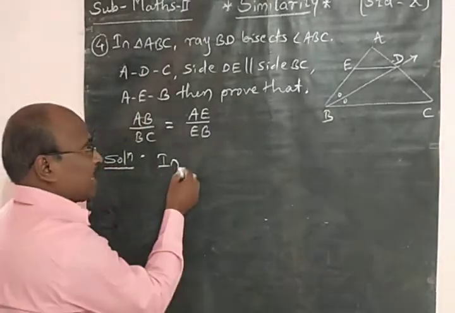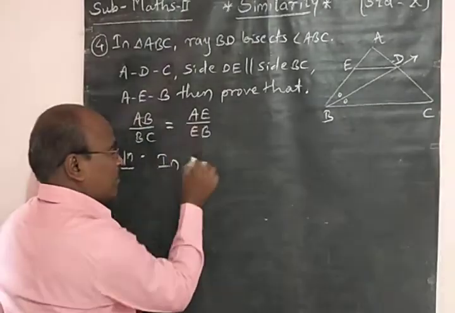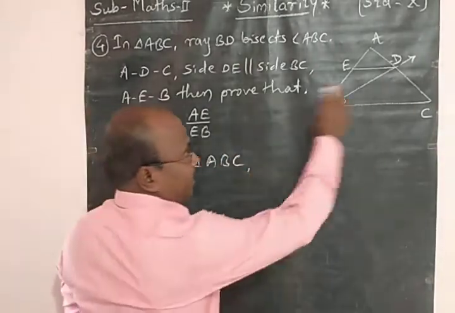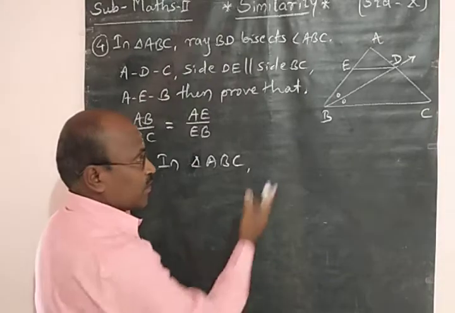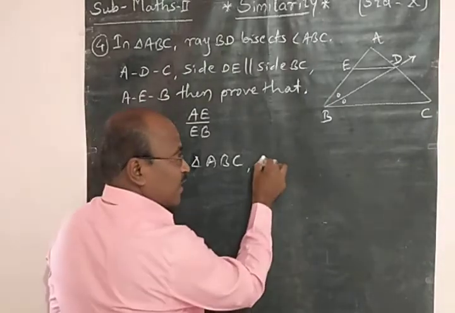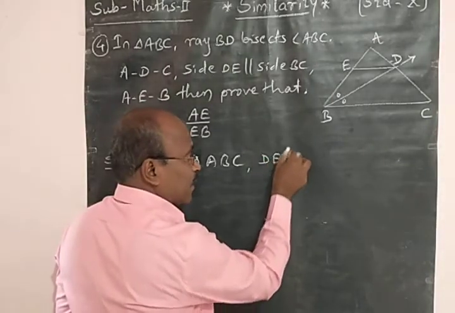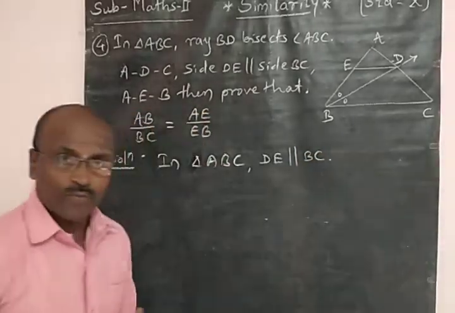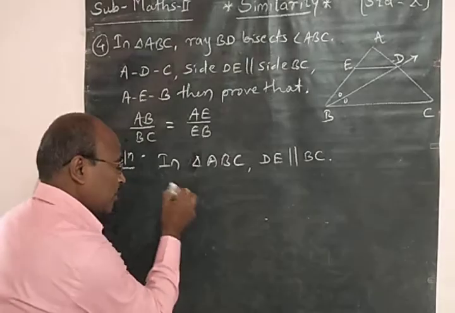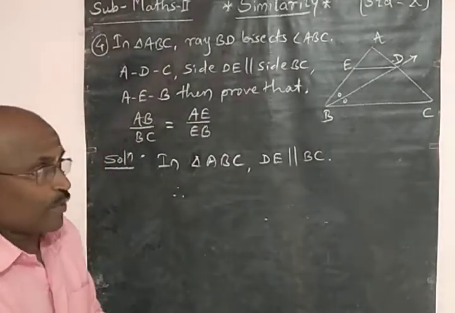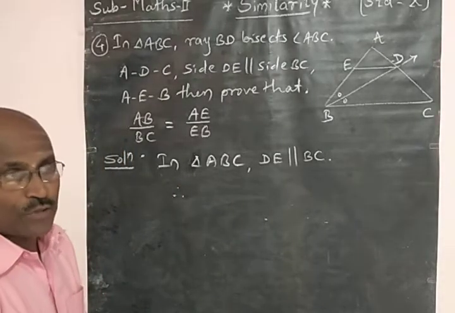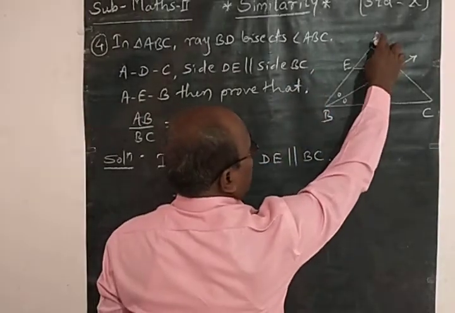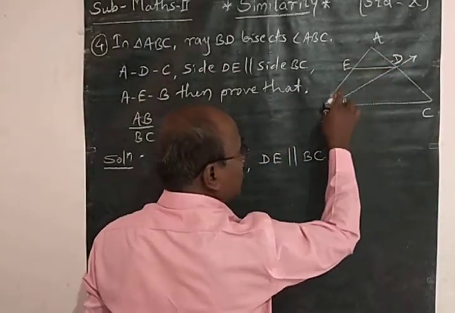So here in triangle ABC, which segment is parallel to a side of the triangle? DE is parallel to BC. Therefore here we have to use the basic proportionality theorem,